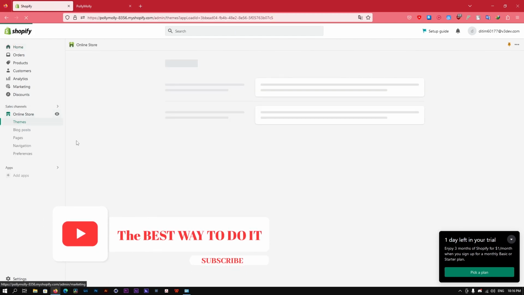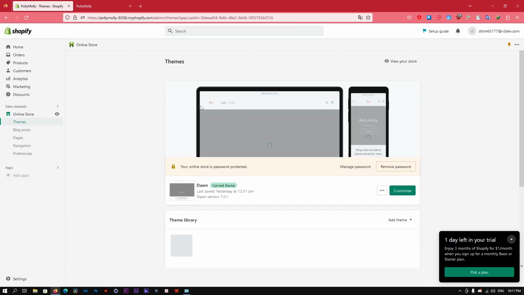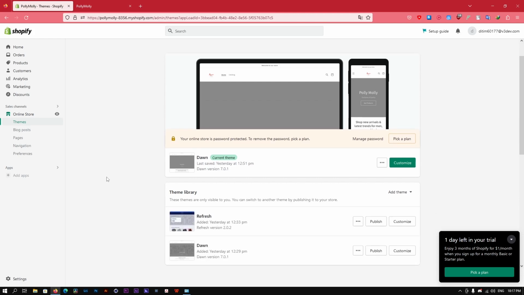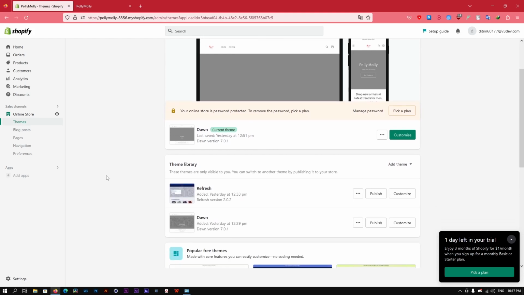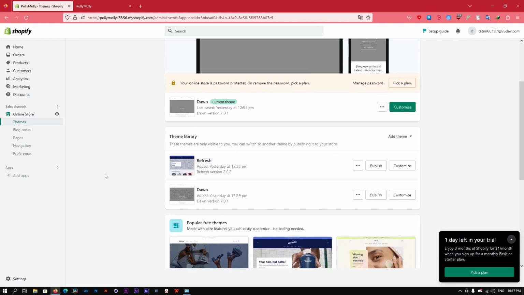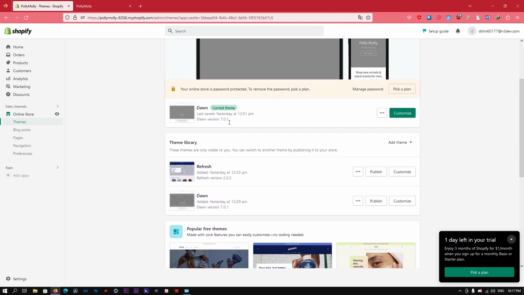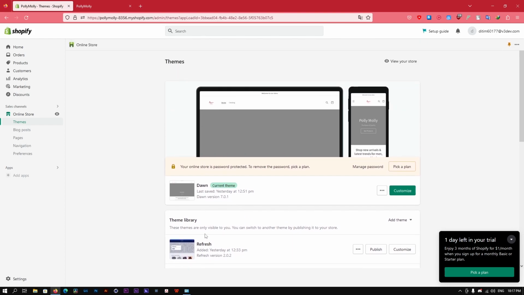Click on the online store and it'll take a bit of loading, and it's going to load all the details about the theme that you're using, which version it is, or you can install any new theme which you think will suit your needs more, right? Now here I'm using the Dawn theme. It is 7.0, and right now I'm going to click customize,